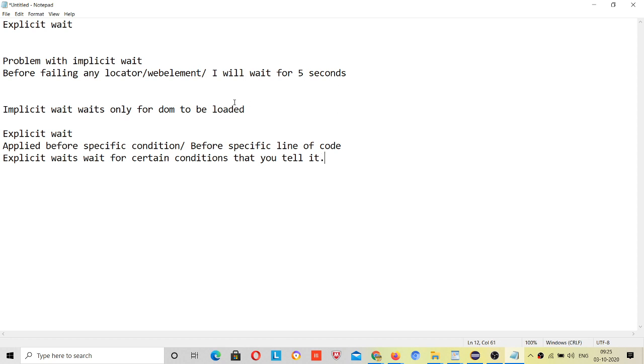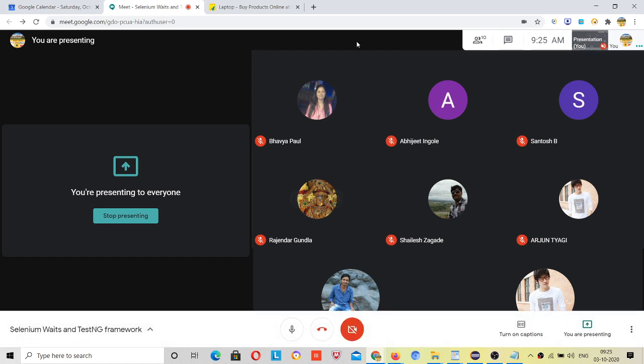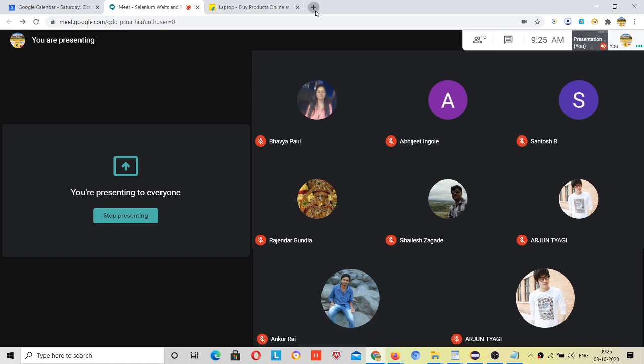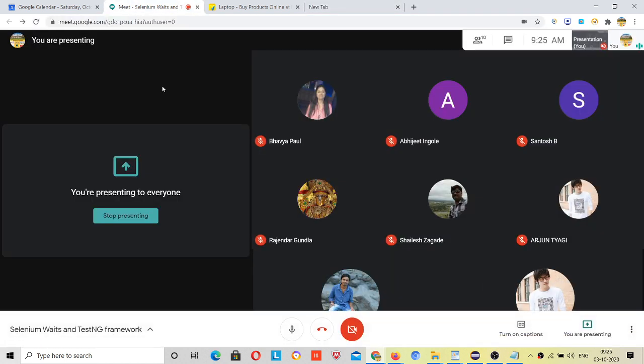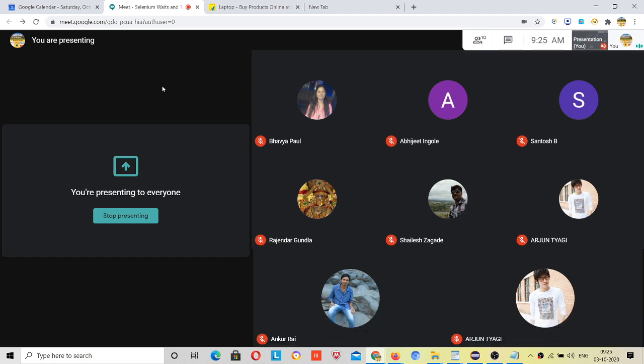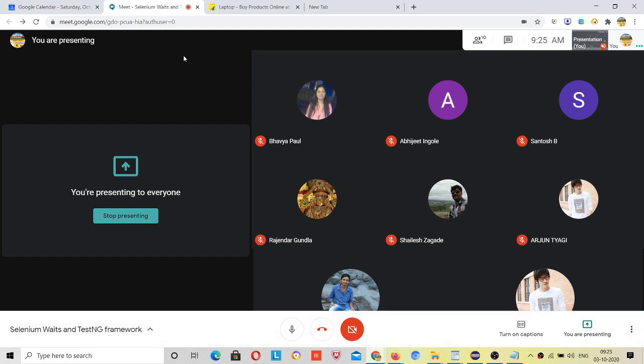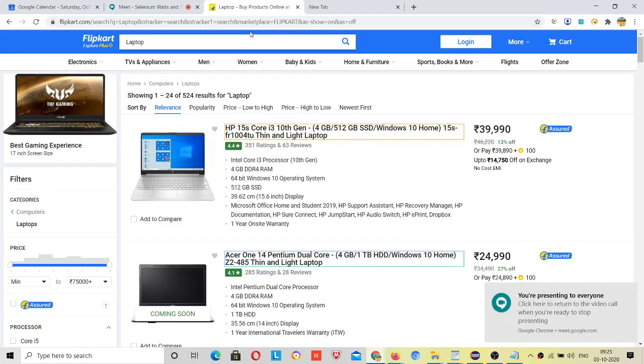It means, what is the DOM? Sometimes you guys have seen that your HTML code is also dynamic, just because some part of the HTML code is coming from the database. What does it mean? Previously these classes were not present.